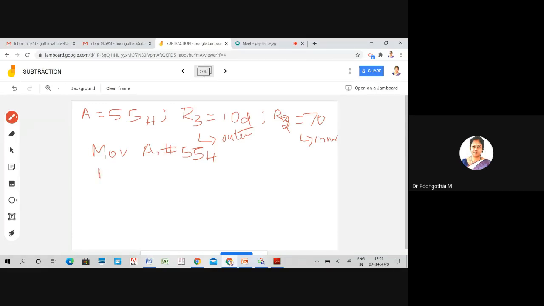Next, load your count registers value, move R3 comma hash 10. Move R2 comma hash 70.